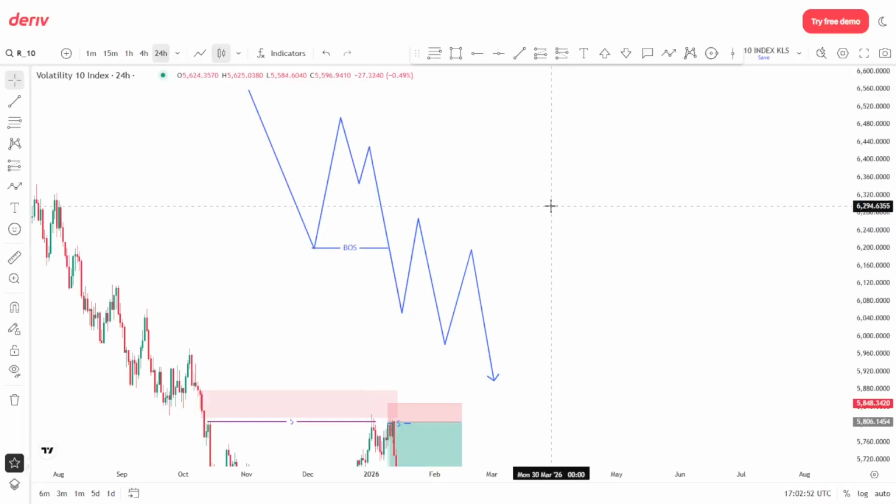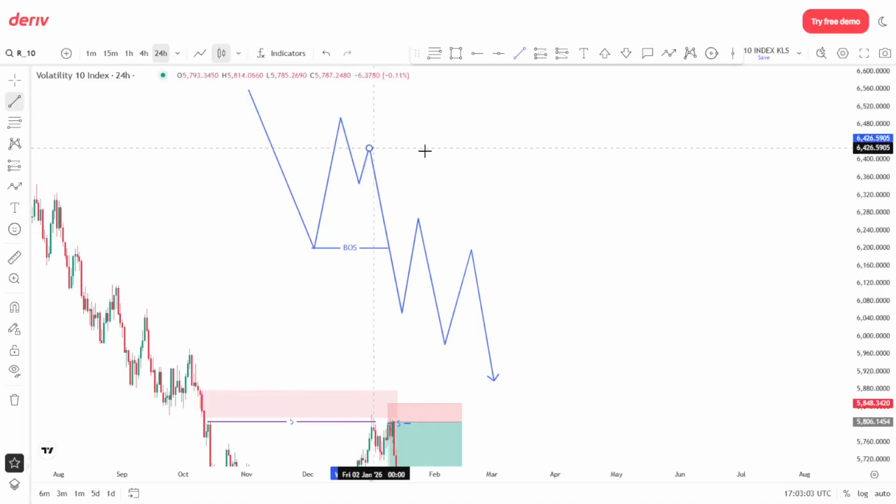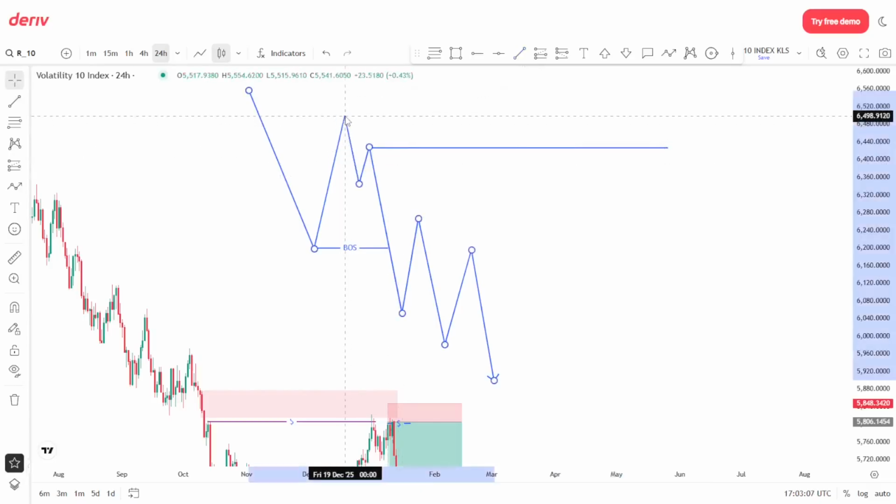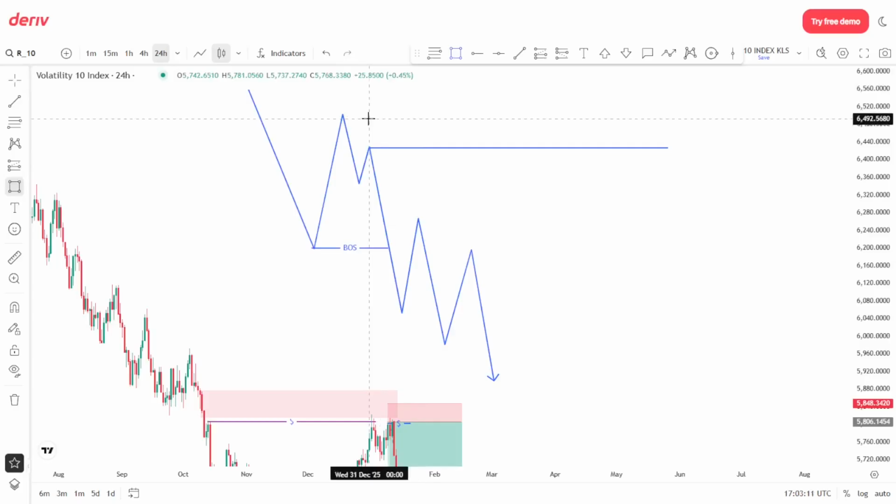A valid key level, okay. The next is to identify a valid key level. So we have this key level of what? Order block here, and then very close to that key level is what we call inducement liquidity. This is what we want to establish. We want to make sure that the inducement liquidity is very close to the key level, and then we have to go from the extreme to the